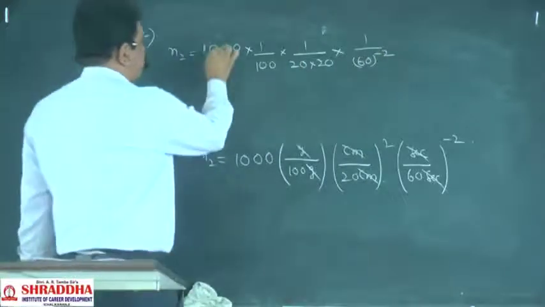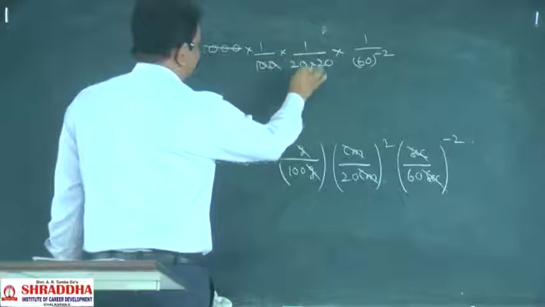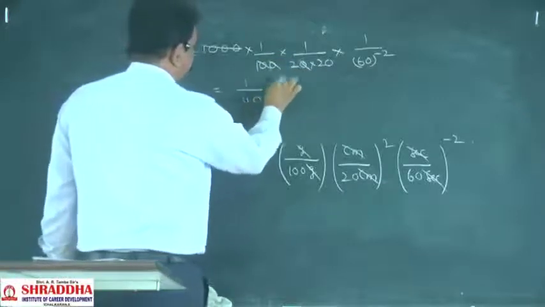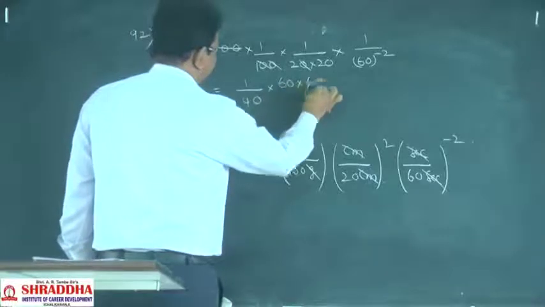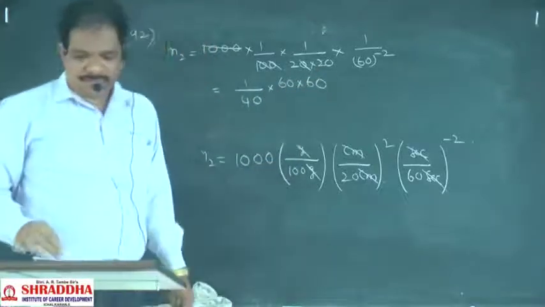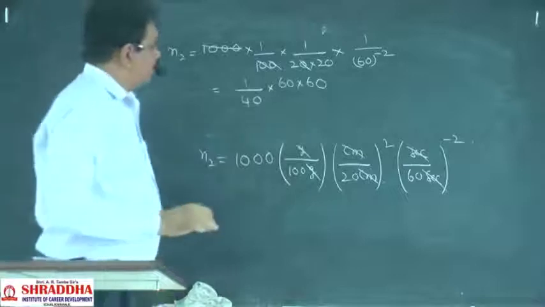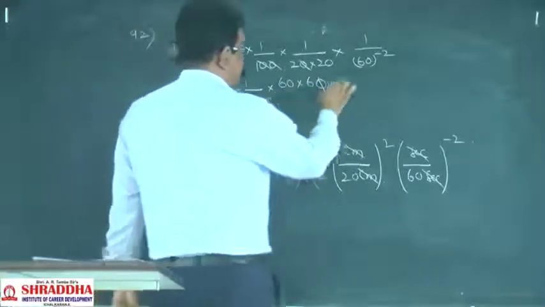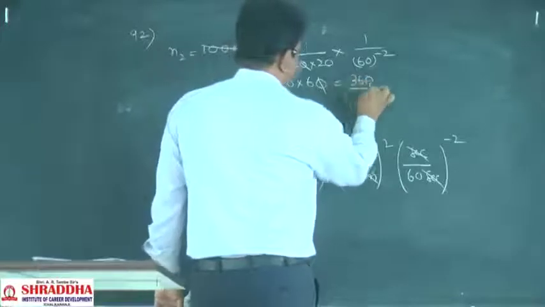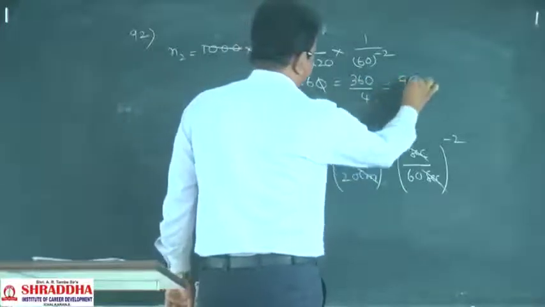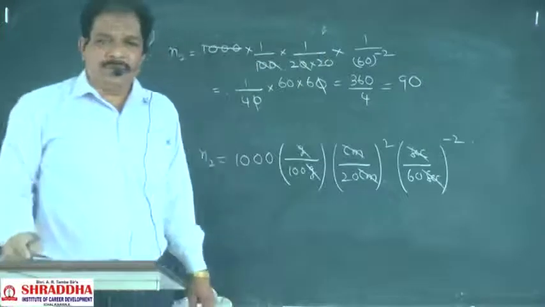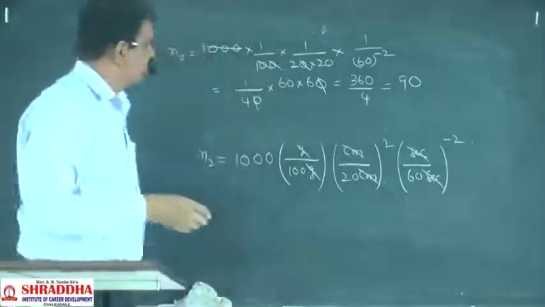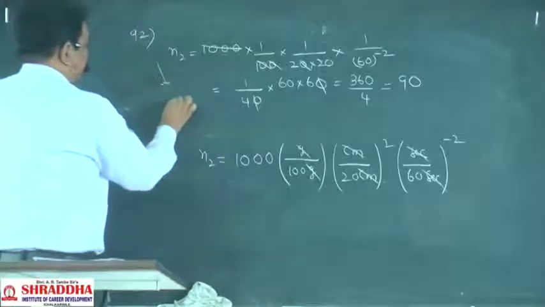Okay. 3 zeros, 2 zeros, 1 zero. 1 by 40. This is 60 into 60. Okay. Then 0 0 you cancel. 360 by 4. This value will be equal to 90. So 92 it will be